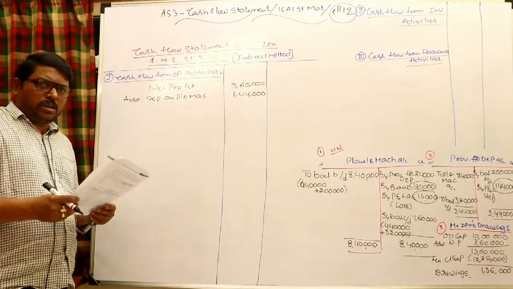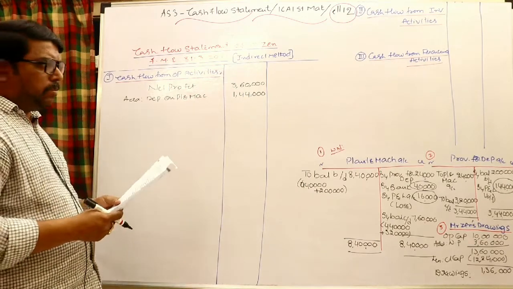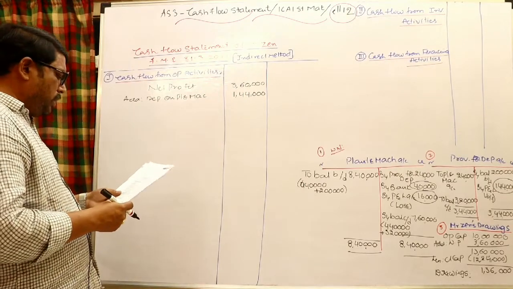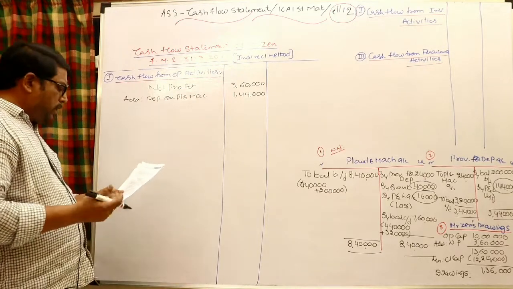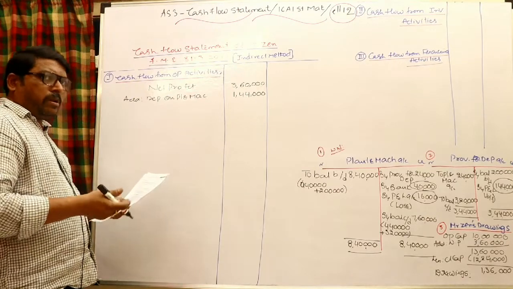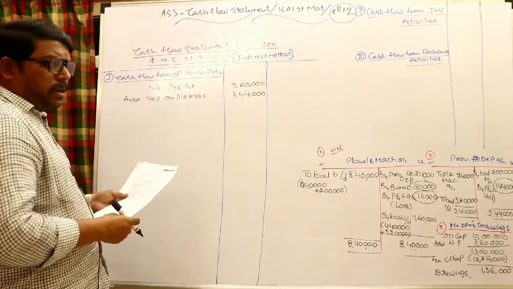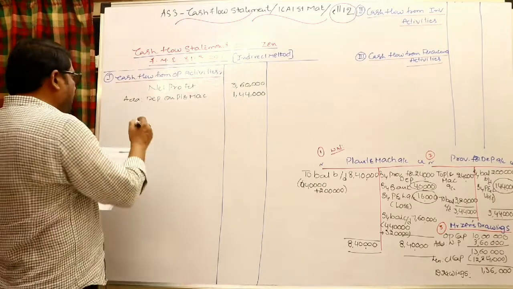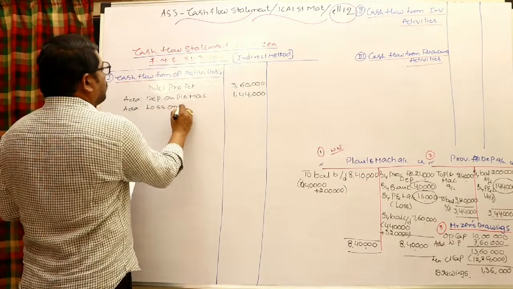Okay, transfer to general reserve, any transfer to provisions also should be added back, but not something like a provision for bad debt. And non-operating items to be withdrawn here. So among non-operating items, there is no interest payment, no interest or dividend received. Profit or loss also should be withdrawn, and there is a loss on sale of plant and machinery to be withdrawn here. Loss means it reduced the profit, so it should be added back. Add loss on sale of plant and machinery.